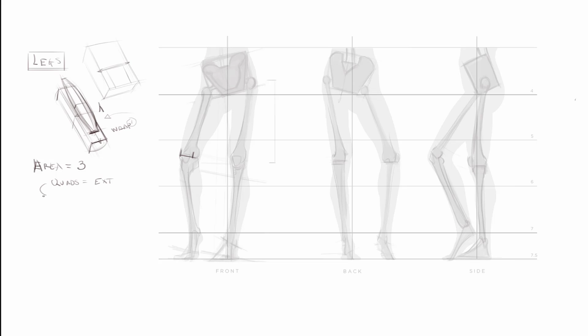The antagonists to those are your hamstrings. So quadriceps, straighten your leg or hold it out. Hamstrings, bend your knee or flex the leg. And then the